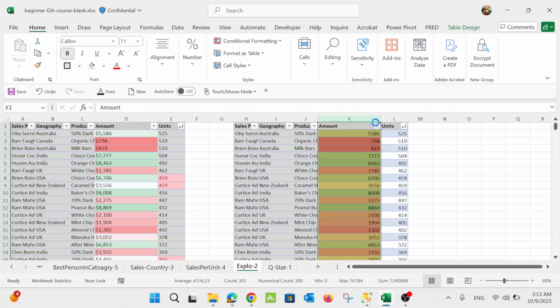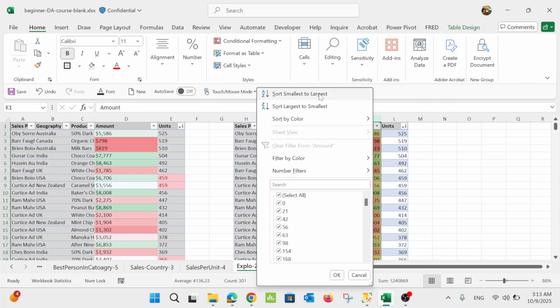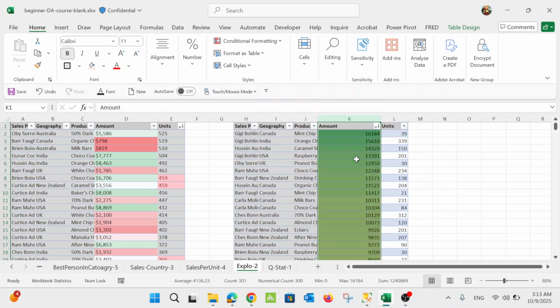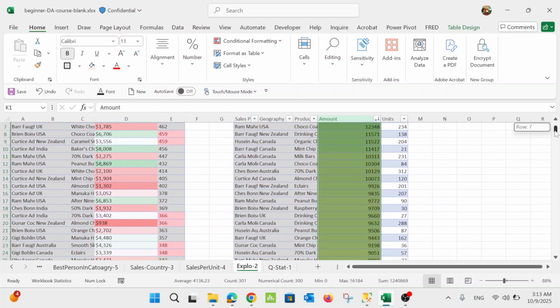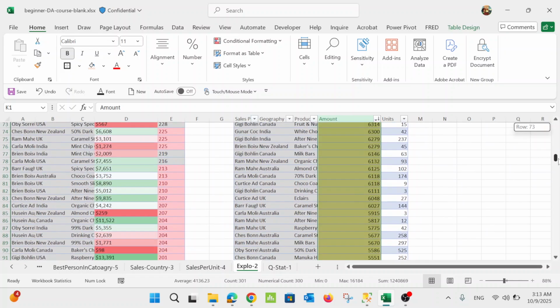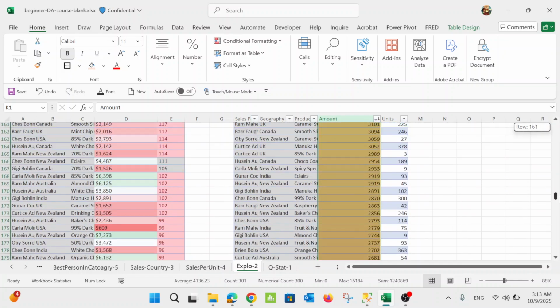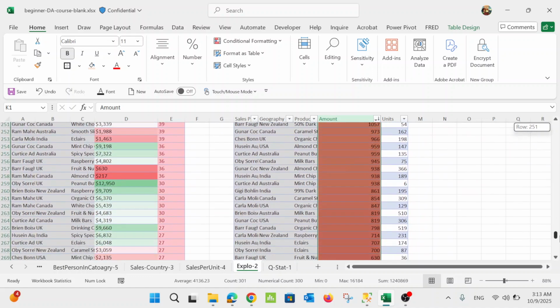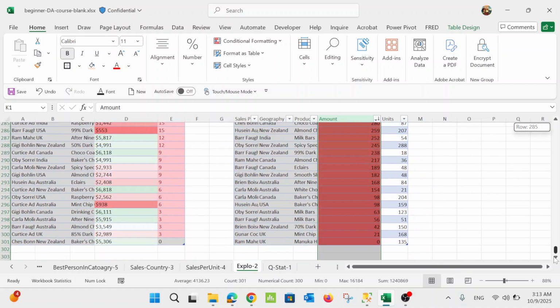We sorted the data from largest to smallest, and we see the green is the high amount, and it becomes very thick, then it turns to yellow, and in the end it ends with red.